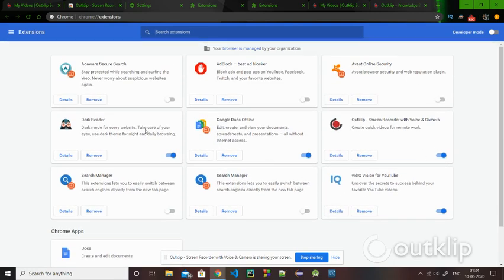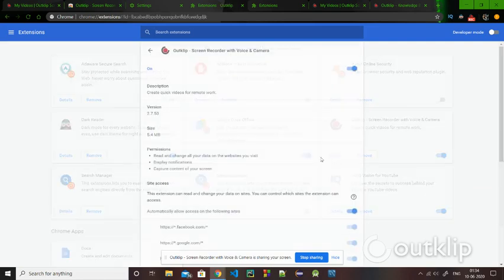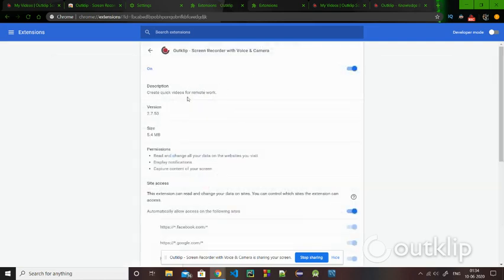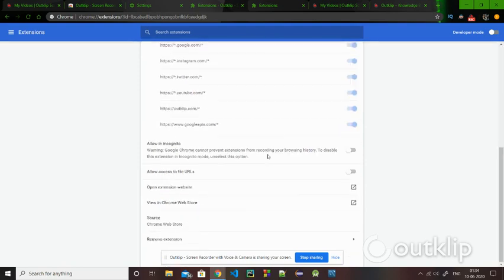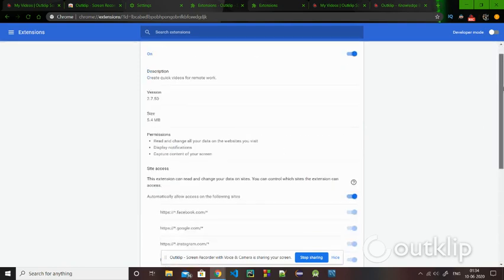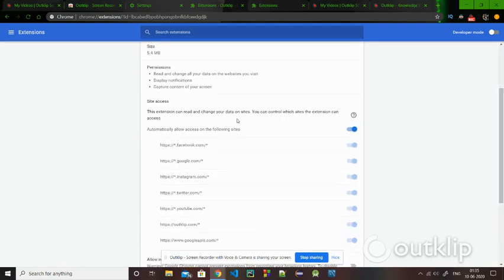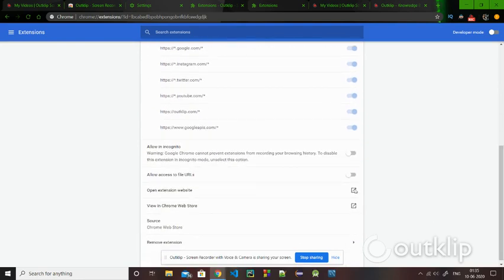Here you can see I have quite a few extensions already embedded in my Google Chrome. Here I have Outclip, so you can click on the details and check the description, the version, the size, and a few of the permissions, site access, what sites it can access, and various other things, as you can see on the screen.